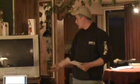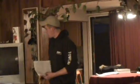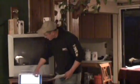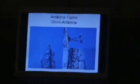So the second thing are the antennas. The first antenna I'd like to tell you about is omnidirectional. Omnidirectional means 360 degrees. These antennas are circular. They range from 12 inches to 20 feet. They put out or receive a signal in all directions, obviously 360 degrees. If they are 16, this one here is about 16 to 20 feet. If they're low on the tower, a customer can ask for